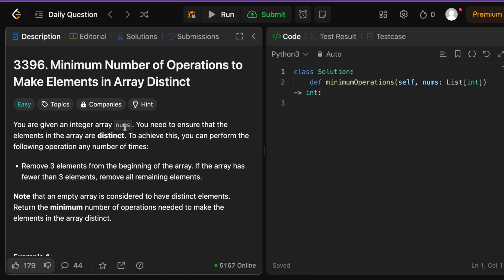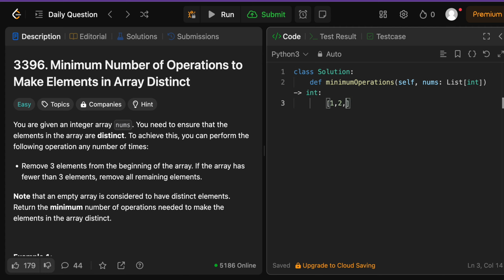Whenever we see duplicates in the array, that's the main observation we should be making. Whenever we see any duplicates in the array, we know we have to remove them. They necessitate our removal operations, and so we have to get that out of the array. We don't want any duplicate elements that we've already seen before in the prefix or early part of the array, and of course we're removing the prefixes of the array. So if we ever encounter a duplicate in the array, that indicates that all the preceding elements have to be removed to ensure distinctness. For example, if we had something like 4, 3, 5, 4,